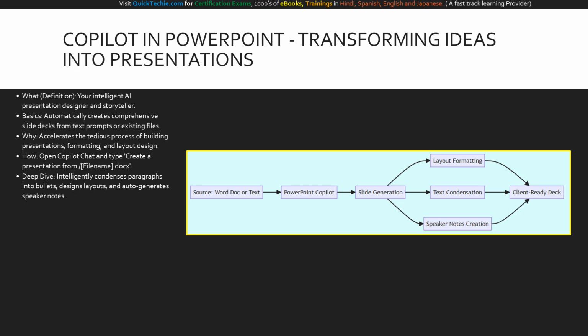But the AI doesn't stop there. The flow splits into 3 simultaneous refinement nodes: layout formatting to make the slides look visually appealing, text condensation to ensure your audience isn't overwhelmed by words, and speaker notes creation to script your talking points. All these intelligent processes merge at the end to give you a client-ready deck in a fraction of the usual